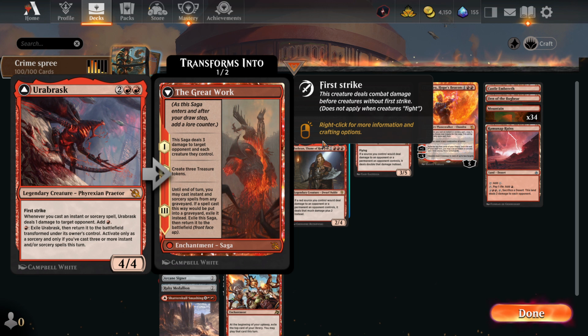Okay, let's talk about Urabrask for a second. Yeah. Cast an instant or sorcery spell, it deals 1 damage to target opponent, which is a crime. Yeah, see where I'm going with this? And you add red. And then if you have cast three or more instant or sorcery spells this turn, you